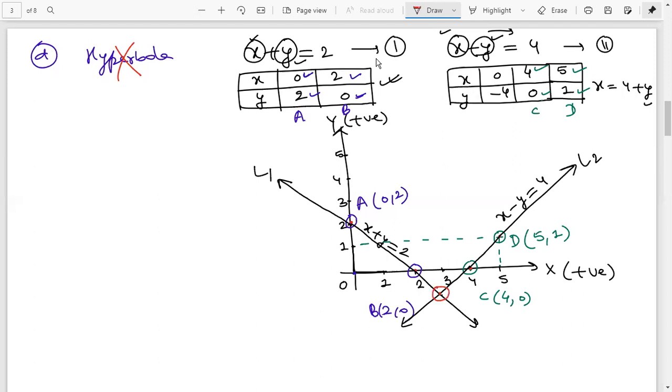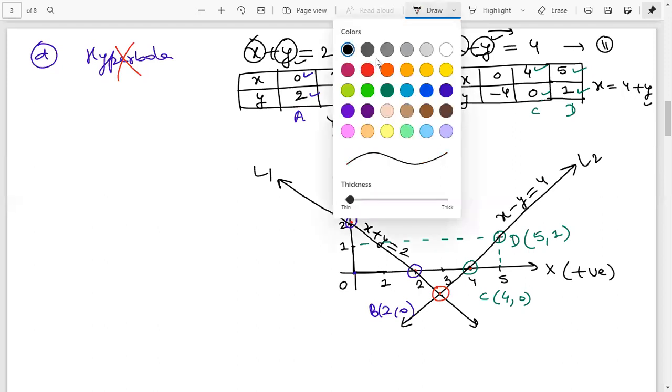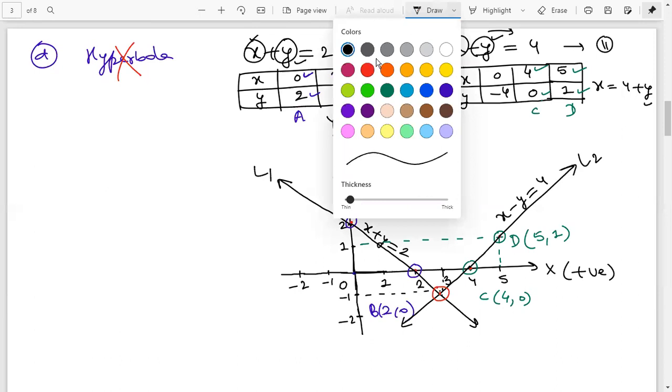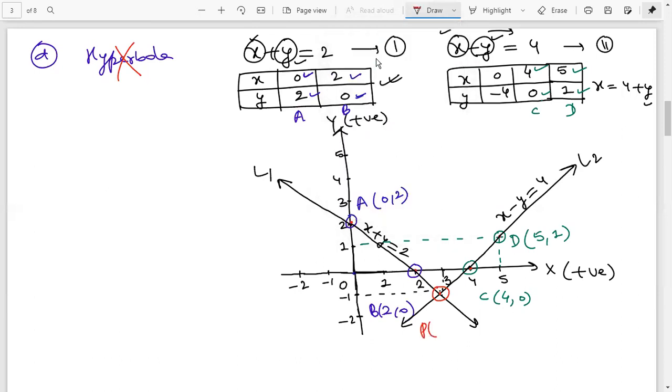Now from the graph paper we can plot this point. If you see the graph carefully, there is an equal gap on both the x and y axes. Here it will be -1, -2. So this will be -1, and here will be 3. This is the one point, we can call it the P point. X is 3, y is -1.